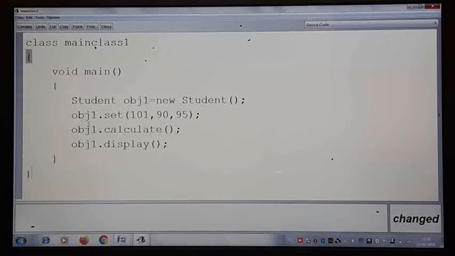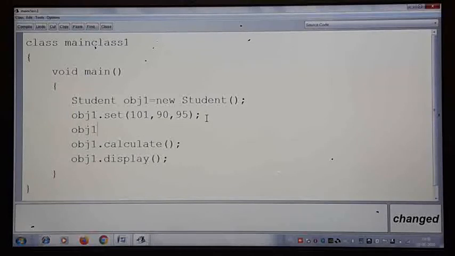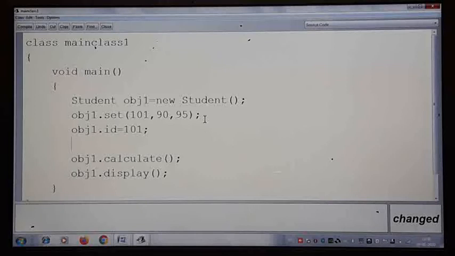it here. So you can see how the object is calling each and every method with the dot operator. Last class you understood how we can access the data member and member method. So what I am doing is I am accessing the member method. You can also directly access. Now since we have a set method we are calling, assume that if there is no set method, you can only write here obj1 dot id is equal to 101. This also I discussed in the last video.